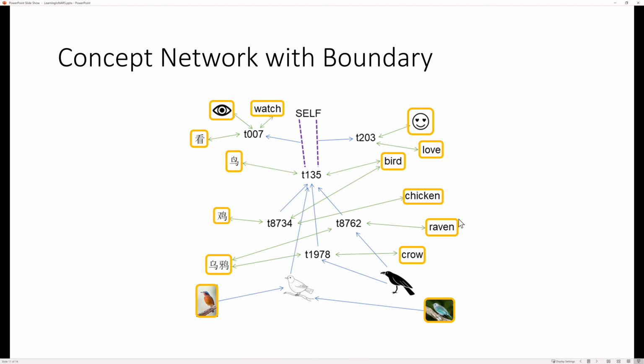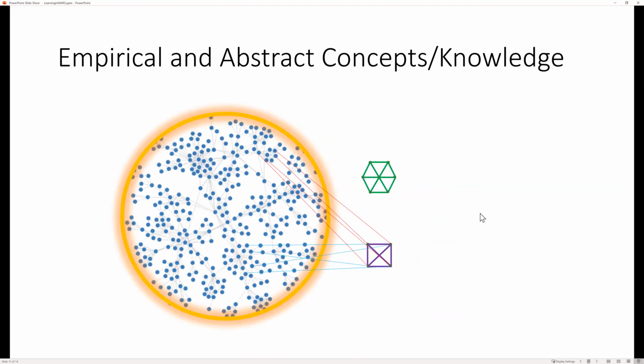Okay? So if we zoom out to an even larger picture, we will see that that's my mental image of what NARS memory, or even human memory, looks like. It's a huge concept network. The concepts relate to each other, and the difference is some of them are on the boundary. Okay? So those things on the boundary can be directly activated from the outside, either through a sensory motor interface or through a linguistic interface,